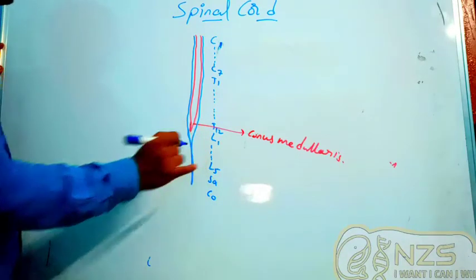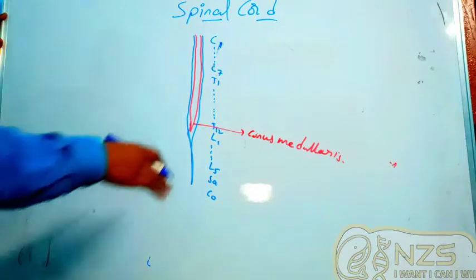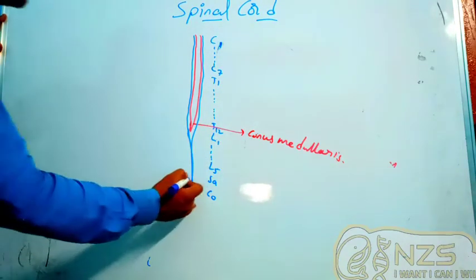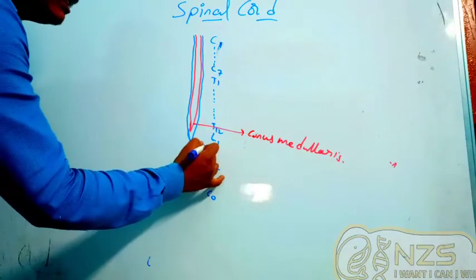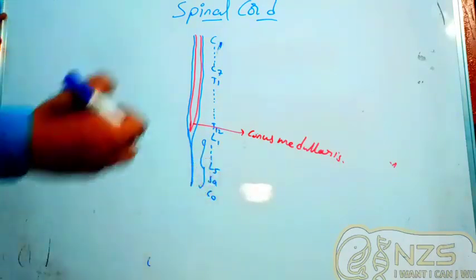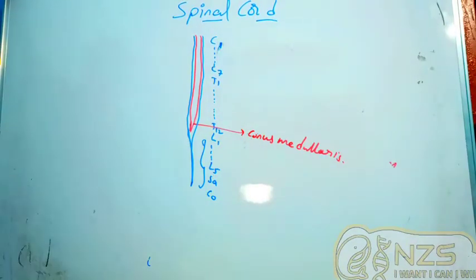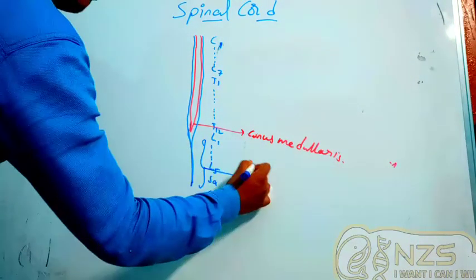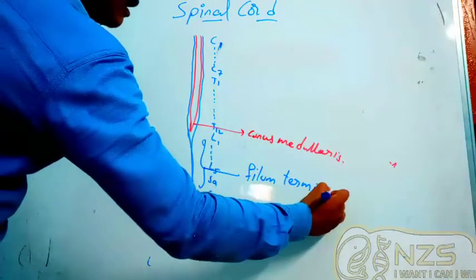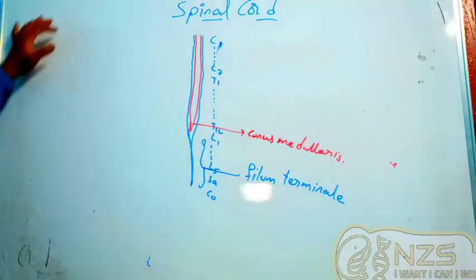Okay, so that means technically the spinal cord continues only up to L1, but if you count its meninges also, it goes till the coccygeal region. Now what do you call this region? This region, which is elongated because of the meninges extension, is called filum terminale. That's the terminal part. That's what it's called, filum terminale.